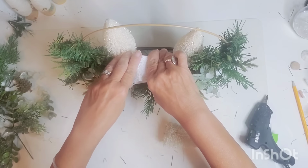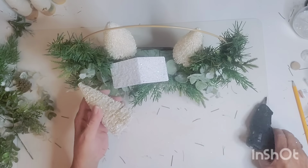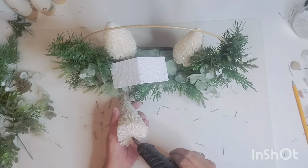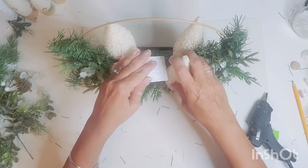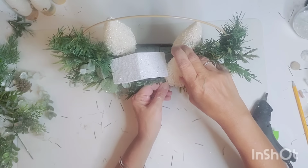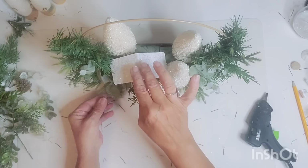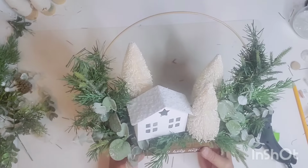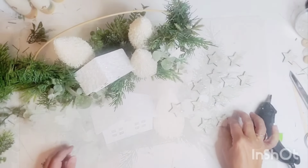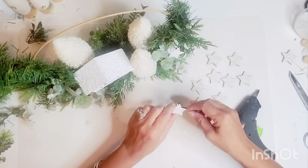And you may have noticed that there was a little round, those little wood pieces that you can get from the Dollar Tree. I needed to make sure that I had a really flat surface to glue that house down to. And here I'm going to add my last little tree. Let's see, there's 3 trees. I like to work in groups of 3, three different heights if I can. Okay, so now I'm going to go in and I'm going to add all of these little